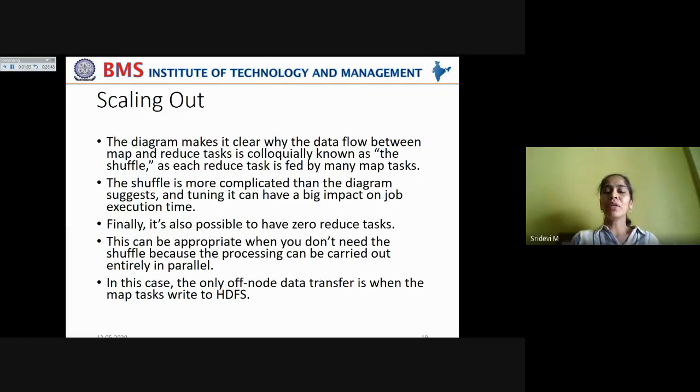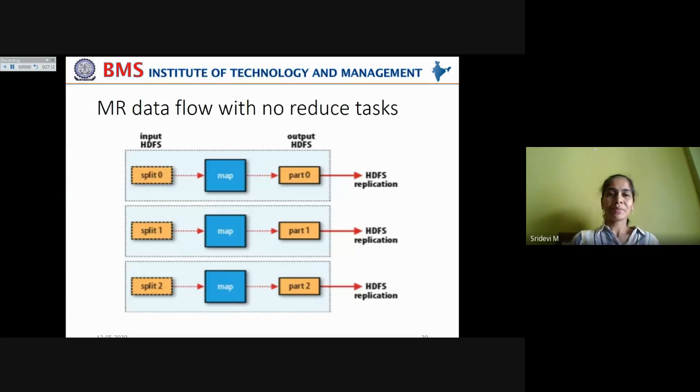In this case, the only off-node data transfer is when the map tasks write to HDFS directly. Only the map task writes the entire data to the HDFS files, without an intermediate reduce task.